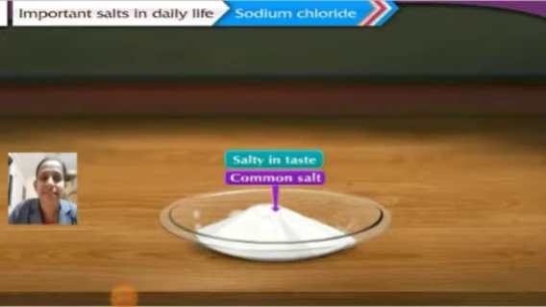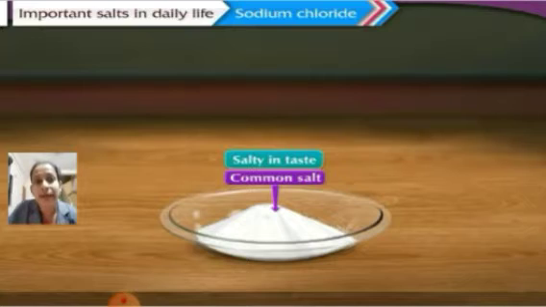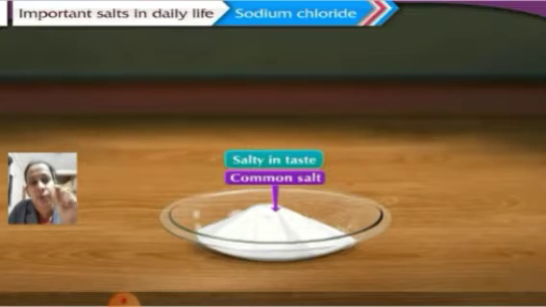Water of crystallization means, suppose you heat the salt in a test tube, then you will find at the mouth of the test tube small crystals of water, small droplets of water. So when these droplets settle on the test tube, it means that it has the presence of water of crystallization. But if, when you are heating the salt, there is no formation of water droplets on the test tube, that means it does not have any water of crystallization.